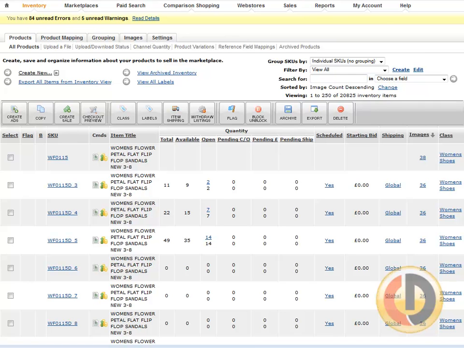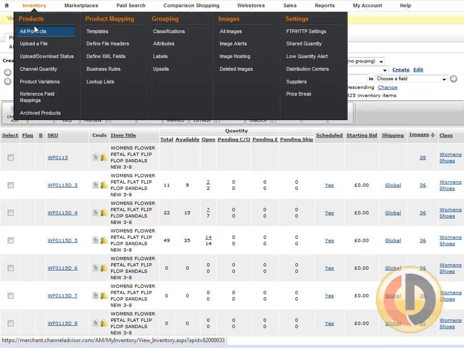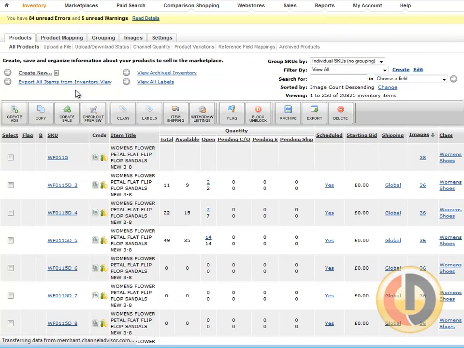The very first thing that we do is we log into our Channel Advisor account, click All Products, and make sure you've got nothing in the search field. You've got no filtering, so you can see all of your inventory items, unless you only want to export a certain number of items. For this example, we're going to export everything from the account. We're going to click Export All Items from View,